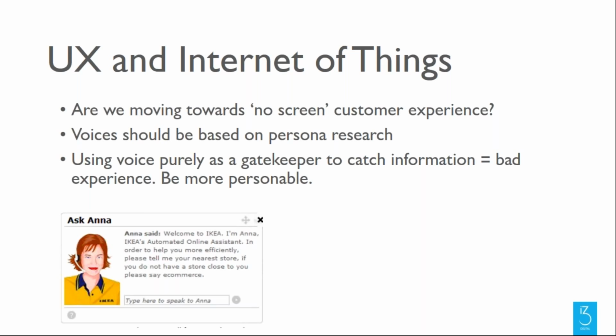As we mentioned, it's to be a gatekeeper or to catch information. You're not really achieving a goal there. You're not going to be solving anybody's problems approaching it in that regard. It needs to be conversational. People need to be comfortable with these devices that they're speaking to, and it's up to us as designers working on these voice user interfaces. We have to be able to conversationally navigate these people through a process, and just collecting information and running those off and firing back assumed answers is going to cause friction.